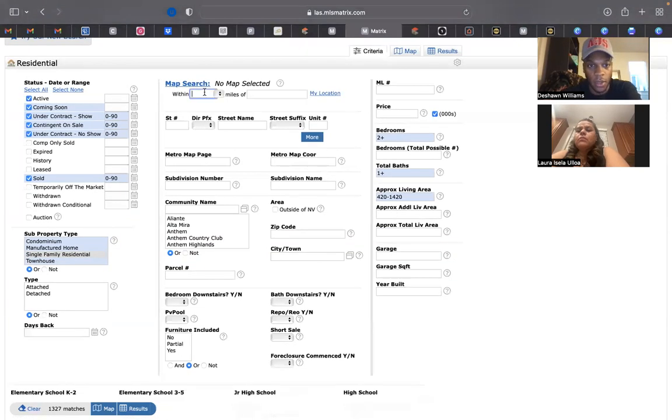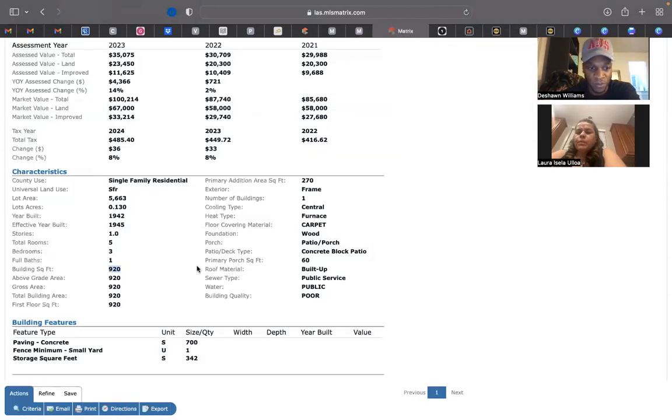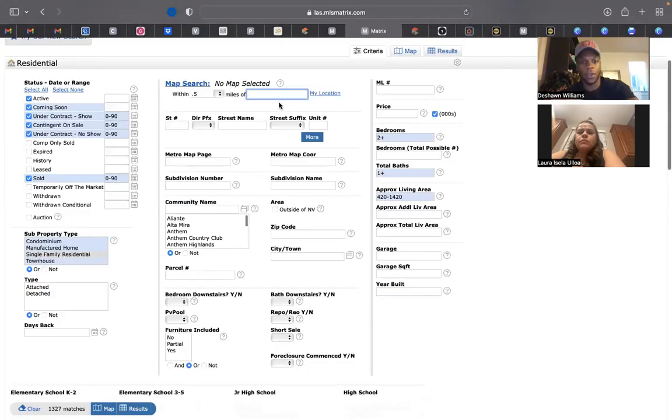All right. And now we just want to make sure that it is in a certain mile radius of the property that is our subject property. So we can start off today with half a mile. Of course, the closer the better. If it's in the actual same subdivision, those are the best comps usually. But we'll start off within half a mile and see how close or how open we want to get it. 107 Magnesium Street. So within half mile of,